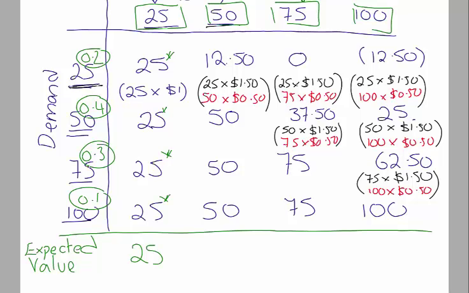But if we then move to the next column, you need to do $12.50 times 0.2, 50 times 0.4, 50 times 0.3, 50 times 0.1, add it all together and you will get